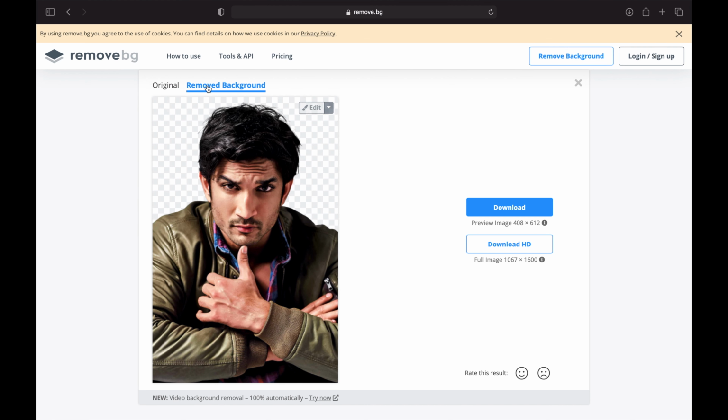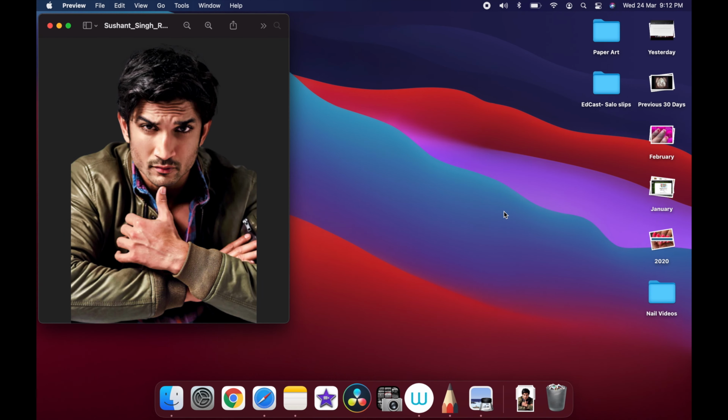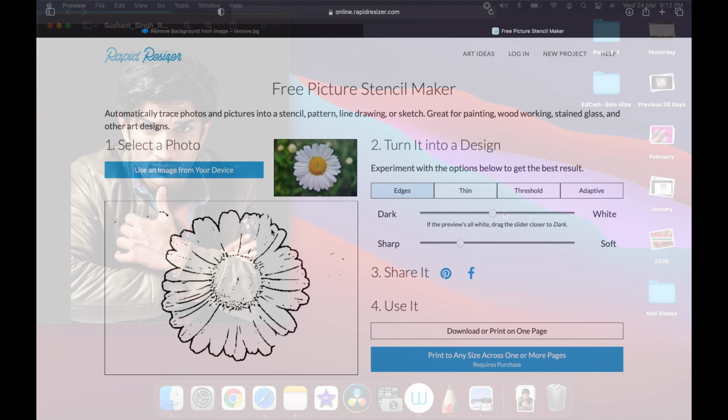The reason we are removing the background is to get rid of unnecessary parts and colors from the image. This helps when we are creating the stencil for the portrait, because now the tool has only the actual portrait of the person to generate the stencil for, rather than also taking into account the other background noise of the image. Once you have removed the background, you can download the low resolution image free of cost, but if you want to download the high resolution image, you might need to create login and get credits for the same.